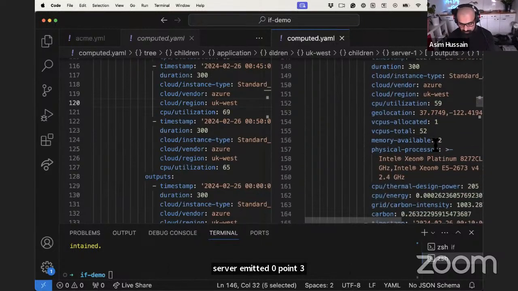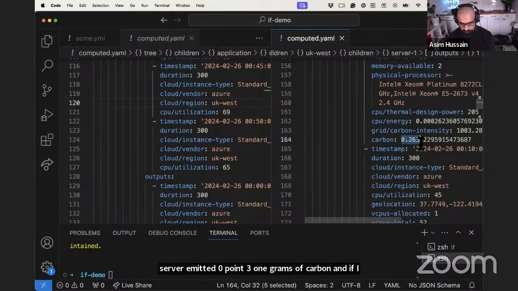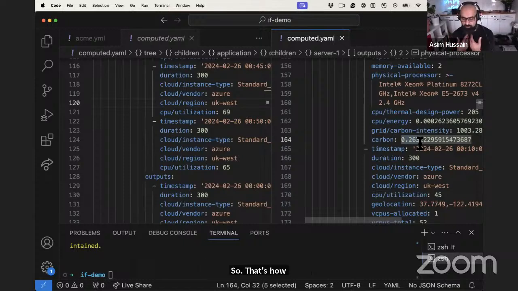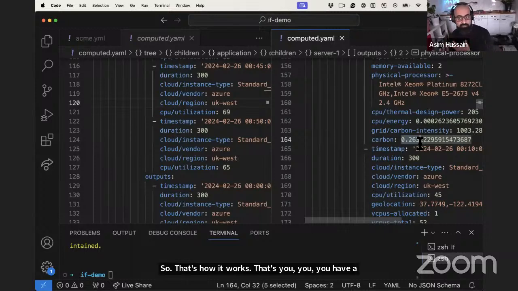And if I go to the next observation, it went to 0.26 because the utilization changed and it consumed less energy, I presume. So that's how it works. You have a manifest file and you compute it, and then it generates the impacts, and it's all just fully